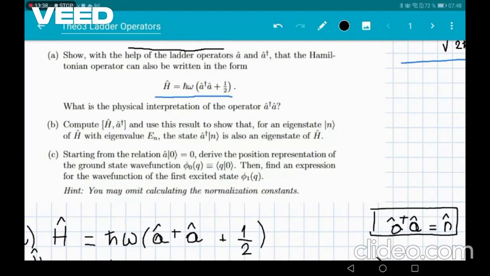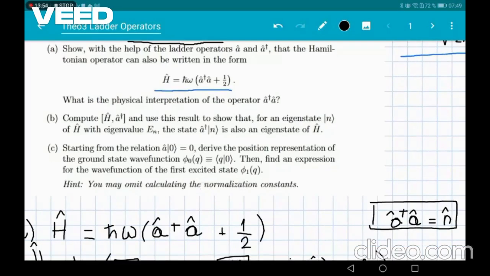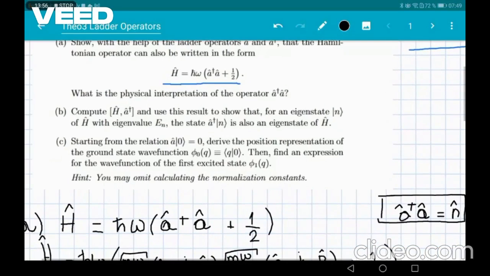a given relation, which is A working on a state 0, and it's giving us 0. So we need to find the position representation of the ground state wave function, phi 0, which is given as the scalar product of Q times the 0 state. And we need to find an expression as well for the first excited state, which is phi 1. And we're given this hint that we don't have to calculate the normalization constants, which is going to simplify the problem, basically. So let's just begin by